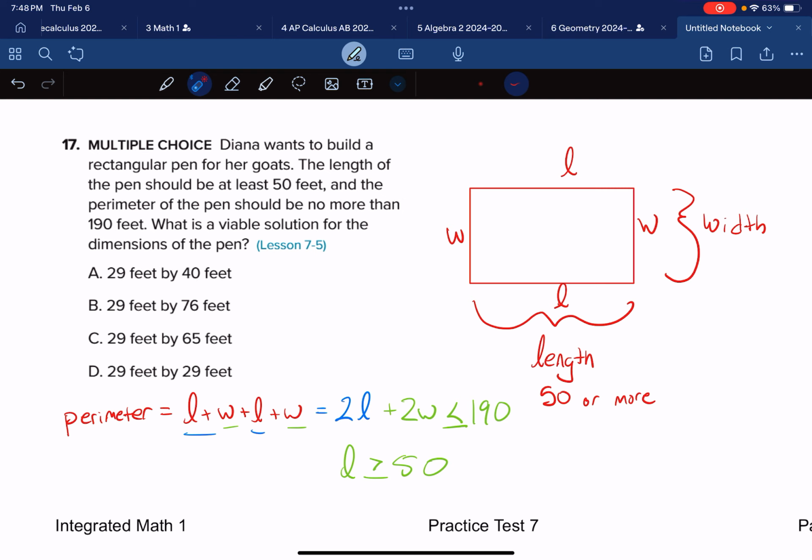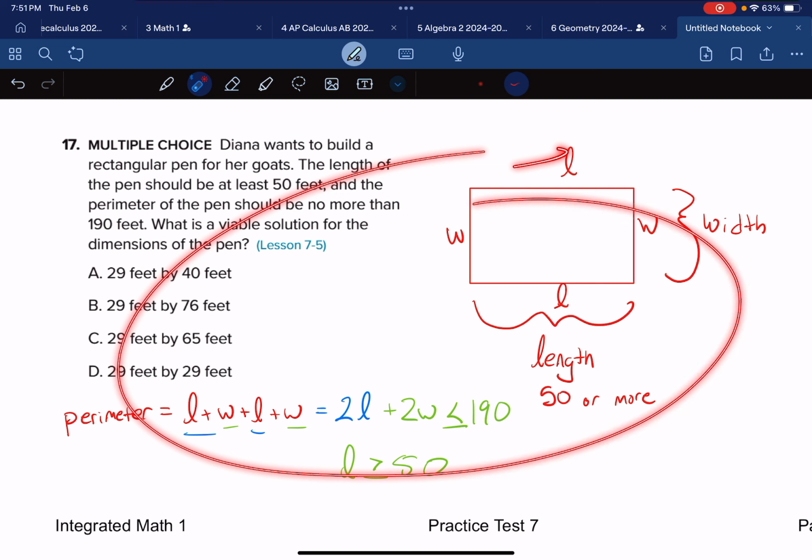This one is interesting. How would I go about solving this one? So I'm realizing that in the multiple choice, all of these numbers are 29, all the same number. And one of the equations, or I guess I didn't really need these equations, did I? You could have just used logic. I guess I can come back and show how I would use these equations at the very end, but I don't think I needed any. I could erase literally all of this stuff and I would still be able